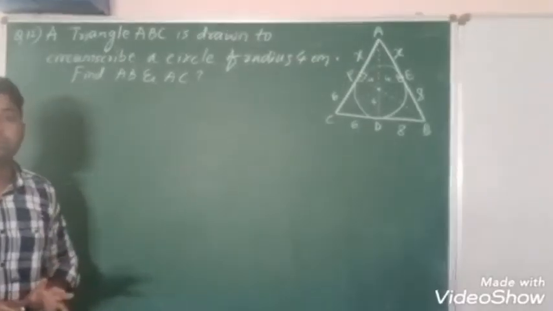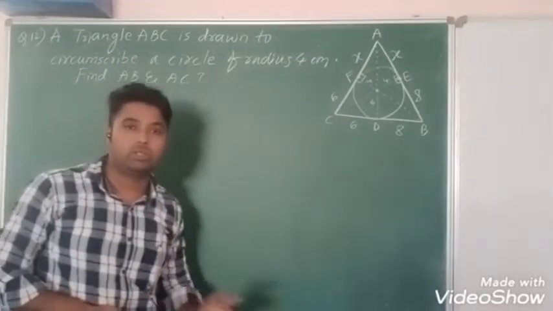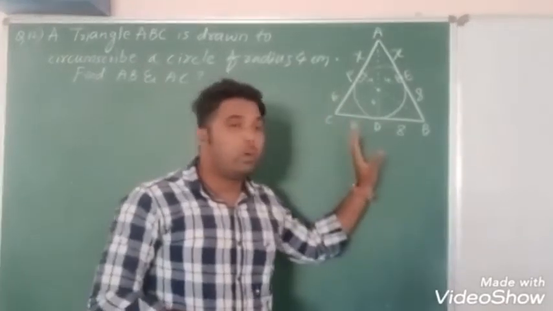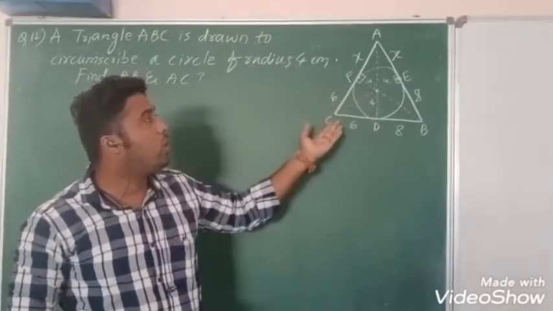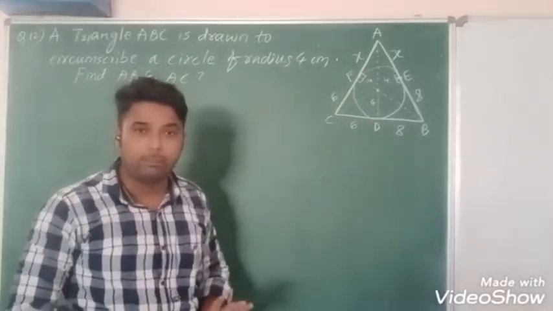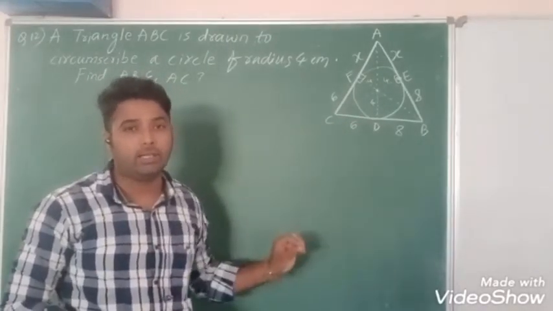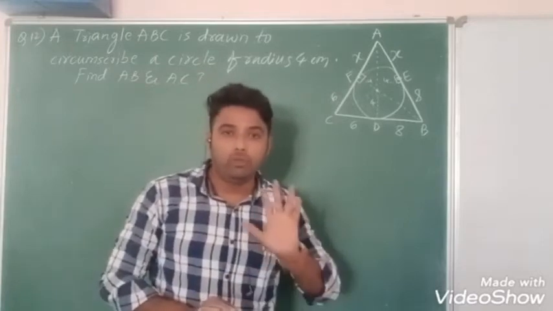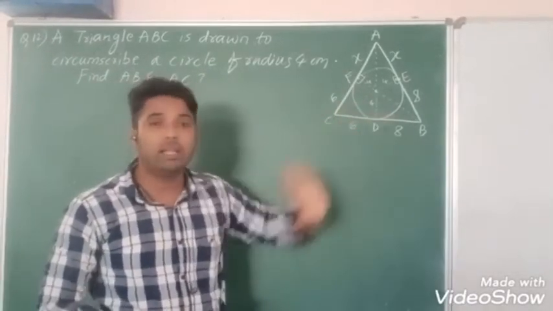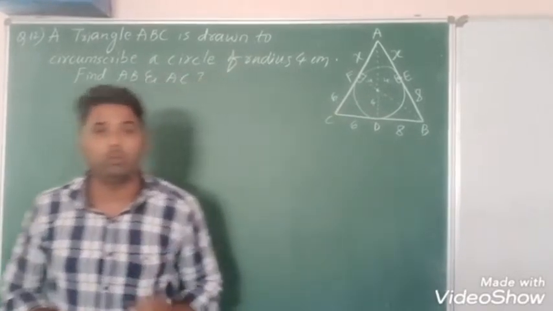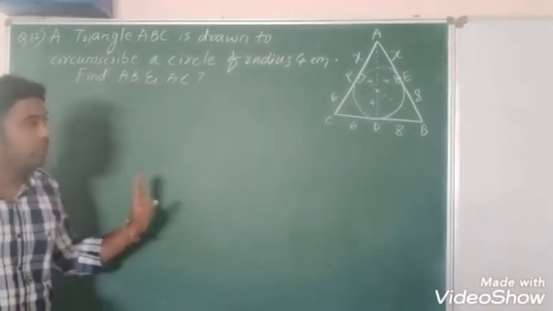In general, we have to apply here two formulas. One is Heron's formula, area of triangle, and another is the area of triangle formula just for the small three triangles which are inside, half into base into height. Both we have to compare. We'll get x. After getting x, we can get the sides AB and AC. It is a little bit lengthy problem, but we can do it in a simple way.